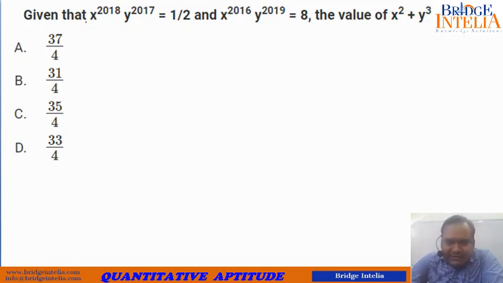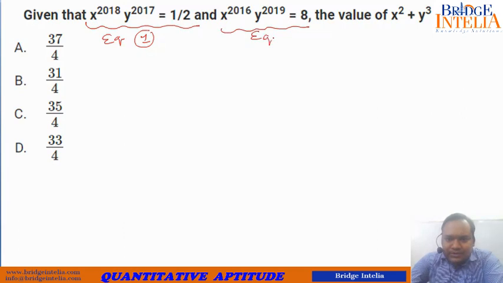So this part is equation 1. Let me call this equation 1. And this is equation 2. So let's name this equation 2. If you divide equation 1 by equation 2 or equation 2 by equation 1, that should be your first step. Either you divide equation 1 by equation 2 or equation 2 by equation 1. That should be your step 1. So let me divide equation 1 by equation 2.